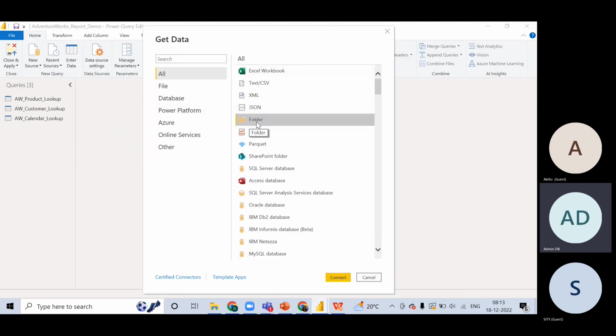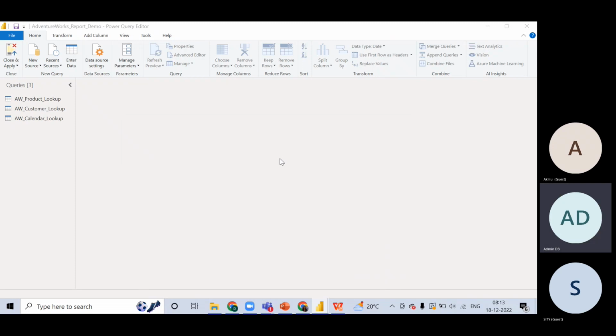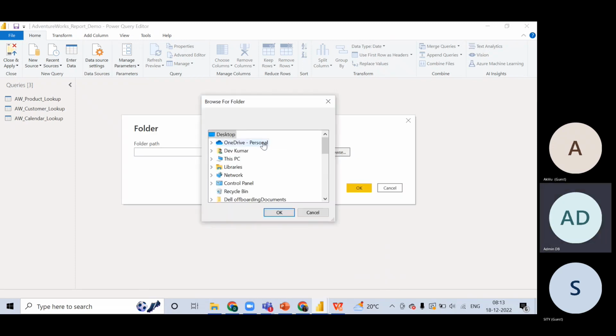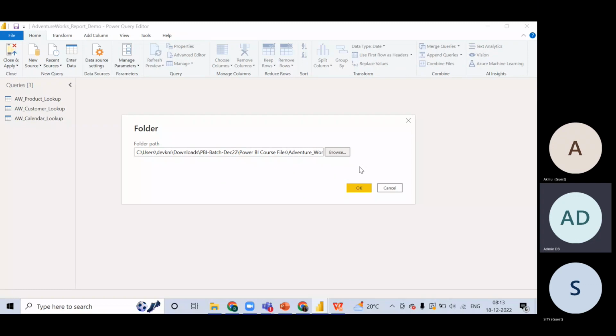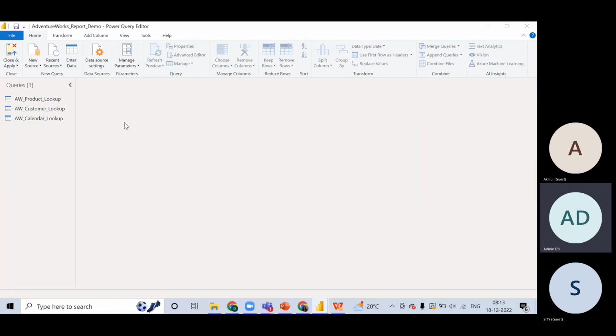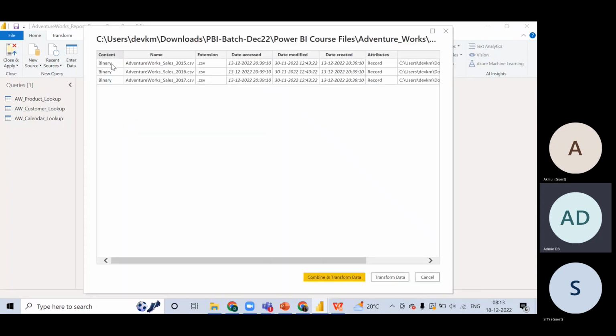So if I go to folder here, browse, I will go into downloads. I will go to Power BI Bash 22 course file, Adventure Works, AW Sales, right? So this is the folder where we have stored all the other data sets, right? I hit OK. You see there are 3 data sets, 2015, 16, 17 in that folder we have stored, right? I will transform data,